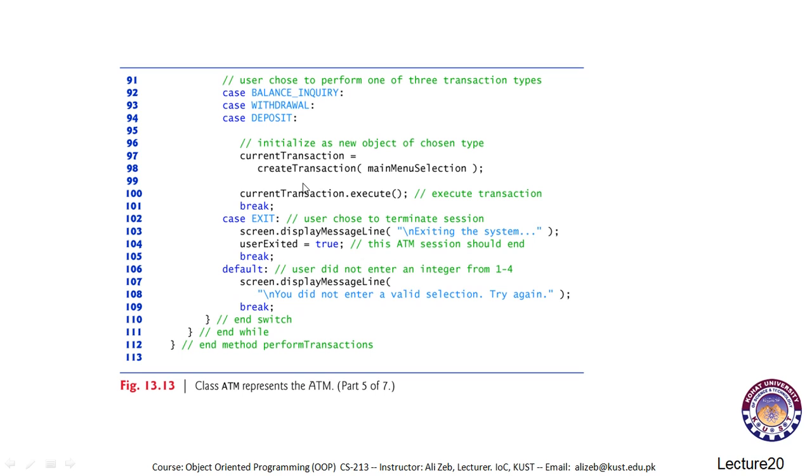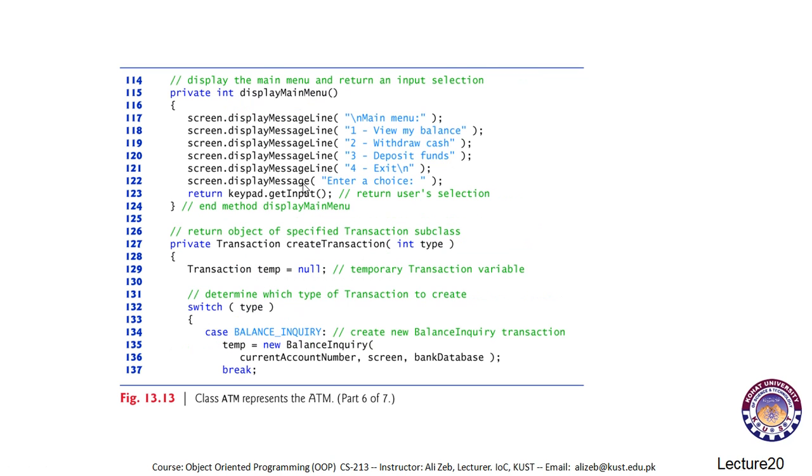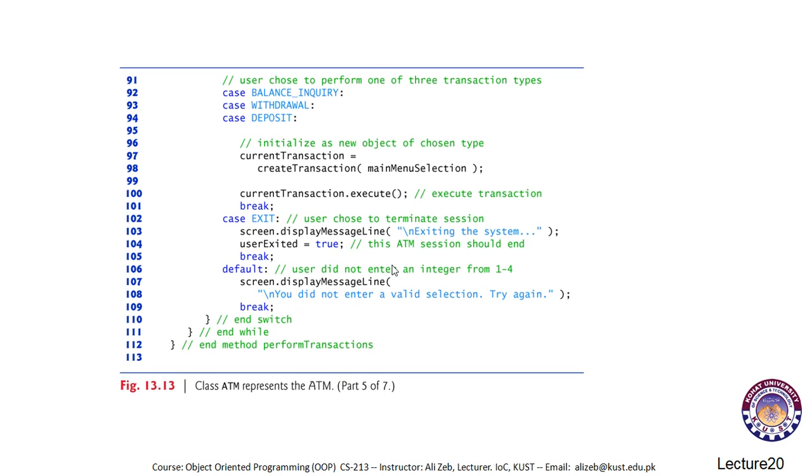We will also have a create transaction method. As we can see over here, the return type of create transaction is the transaction class. This can be called a user defined data type, where we use our class as the data type. Here we are using our class as the return type of the create transaction method. So we have a temporary transaction variable,